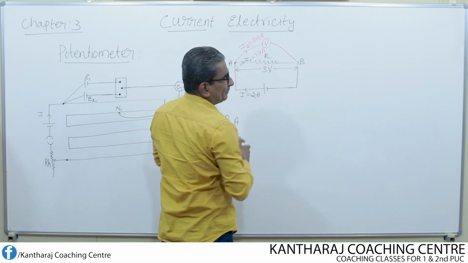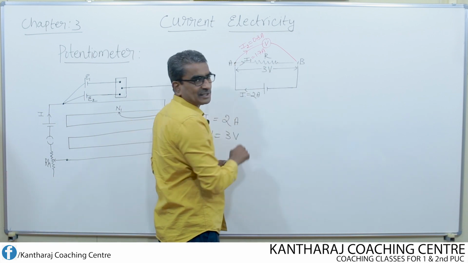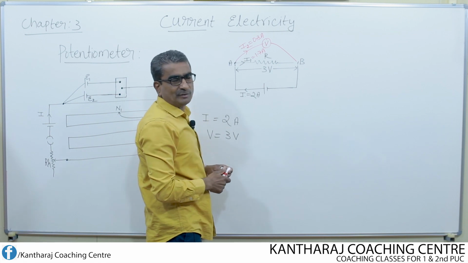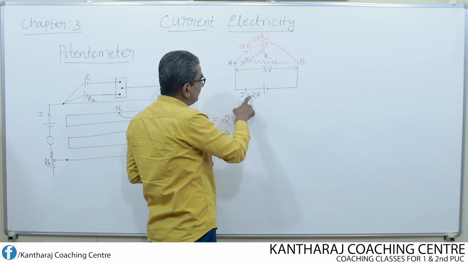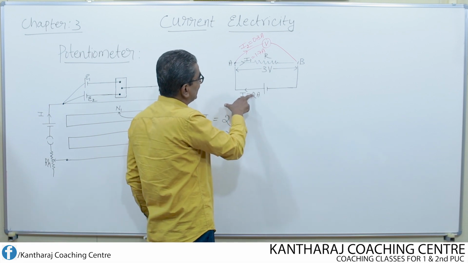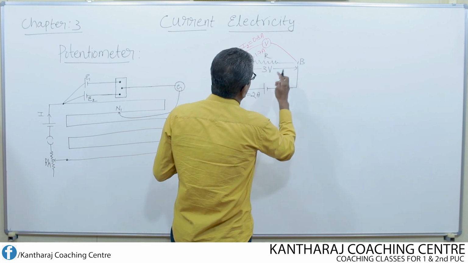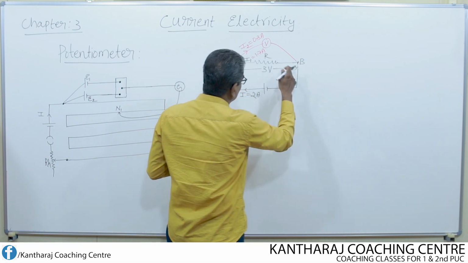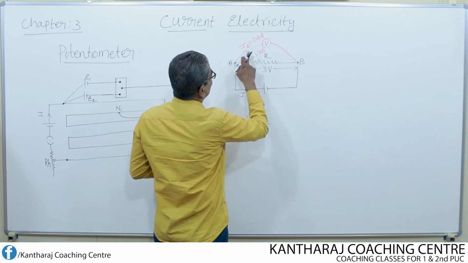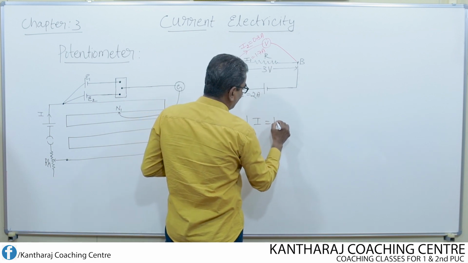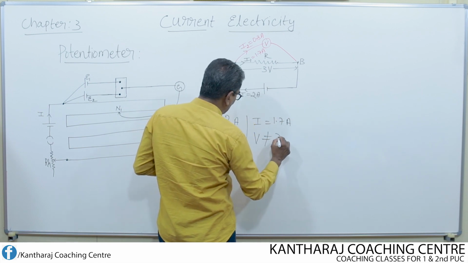See, without this voltmeter, the entire current, 2 amps, directly flows through the resistor. But soon after connecting the voltmeter, it also draws some amount of current. As a result of that, the main current decreases. Once the main current decreases, the potential difference to be measured, which is equal to 3 volt, also decreases. Now for a current of 1.7 ampere flowing through R, the potential difference is not equal to 3 volt.